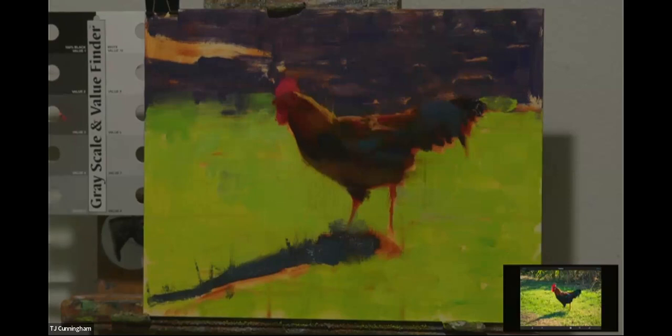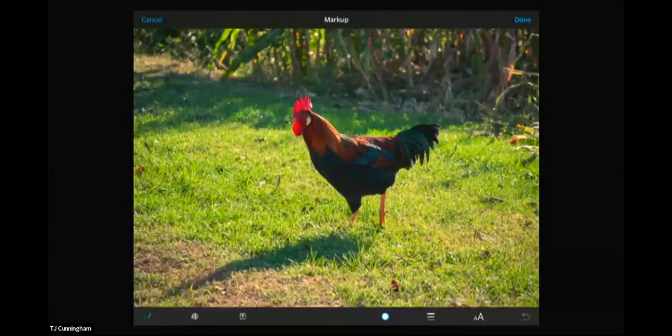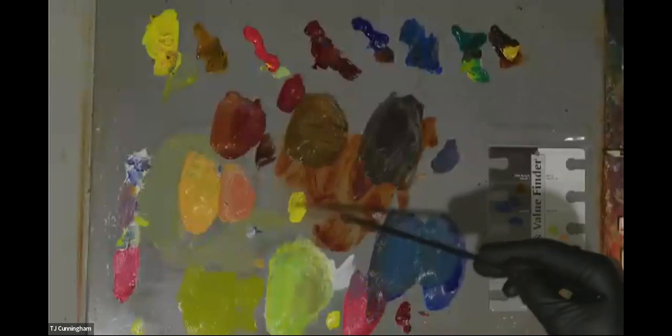One more shape and the block-in's done, and then we can move on to the next stage of the painting. If you look back here, you still need that shape. And if we look at the source, it's that sort of dry grass, not quite dead, but moving in that direction or dormant there. So I'm just going to take my bismuth